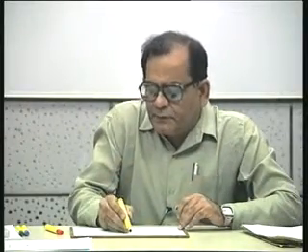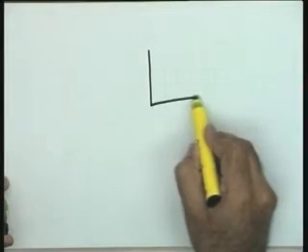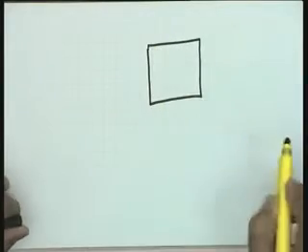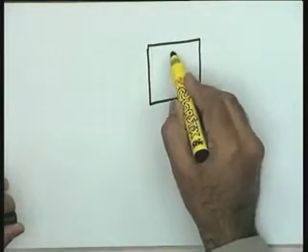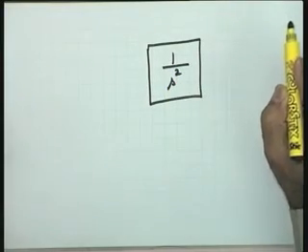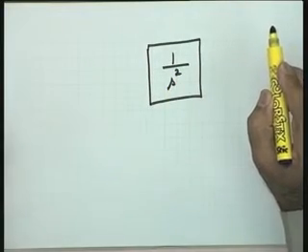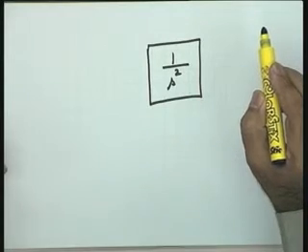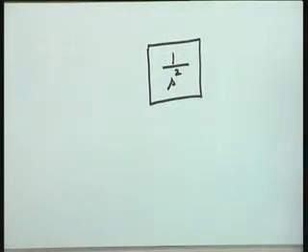Okay. A simple example, simple from the point of view of calculations, but otherwise it is a practical example. I take the example of attitude control of a satellite. 1 over s squared is a model. I think we derived this model in one of the tutorial classes, but it does not matter. The attributes of the model will be clear in our discussion today itself.